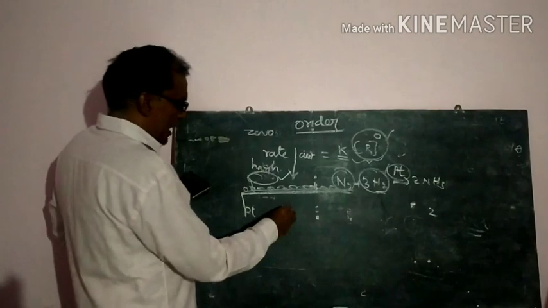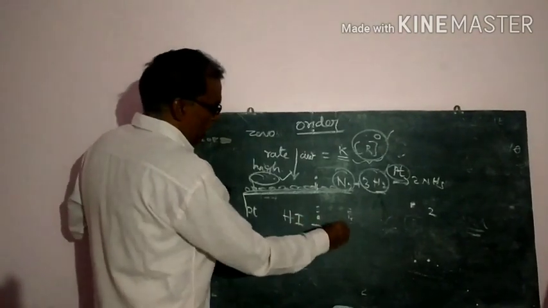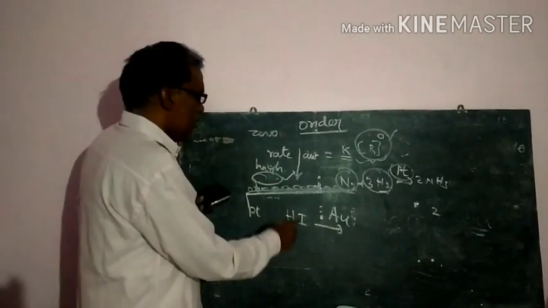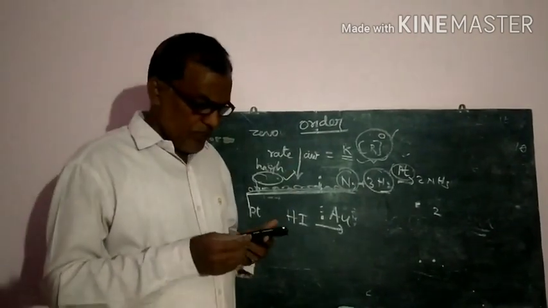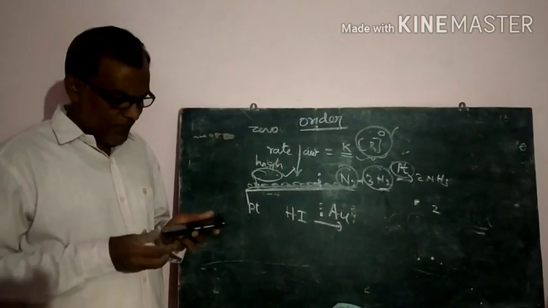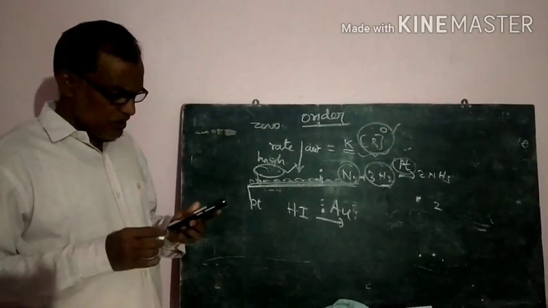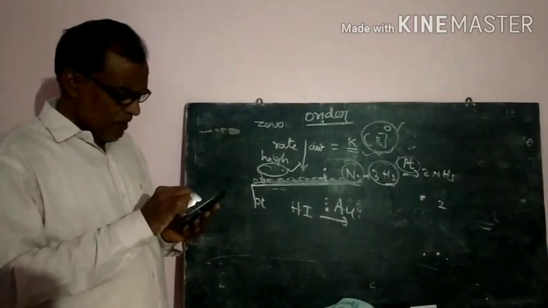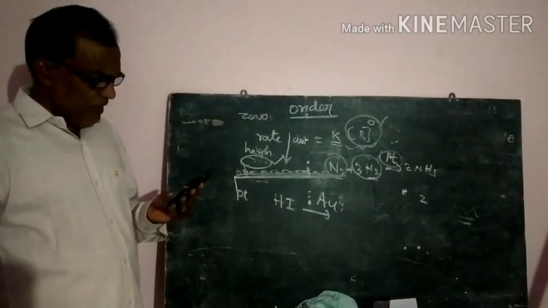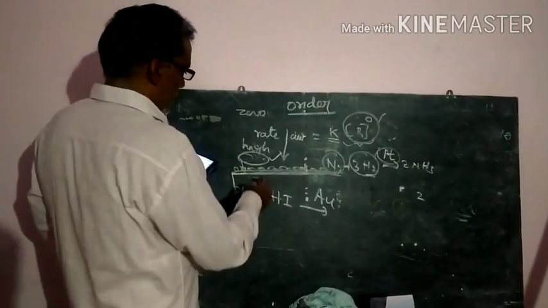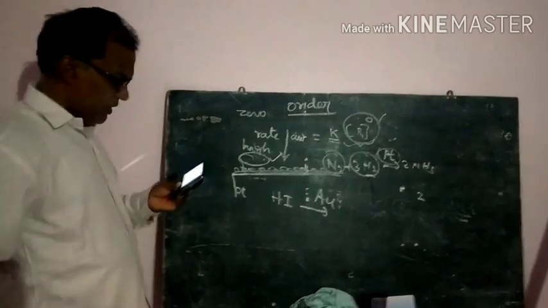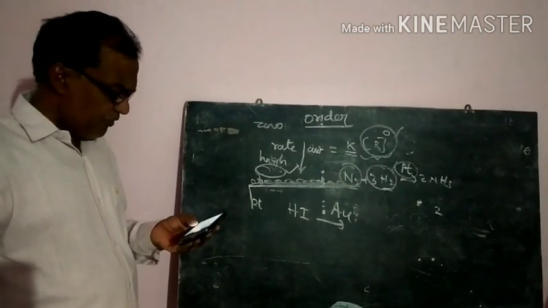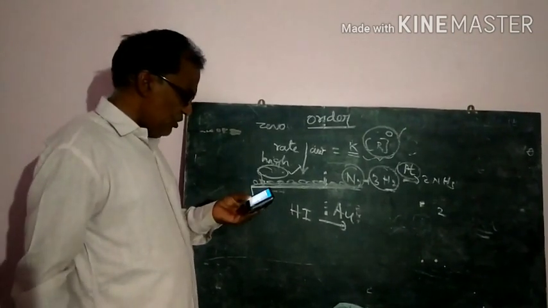One more is also there, hydrogen iodide dissociation on gold, the gold catalyst. This is also an example of zero order reactions. So we have to know some examples of zero order reactions also. That is the most important. So next one more also there. Already we know the platinum metal reaction, that is order zero, already discussed. The thermal decomposition of hydrogen iodide on gold surface is an example of another zero order reaction.